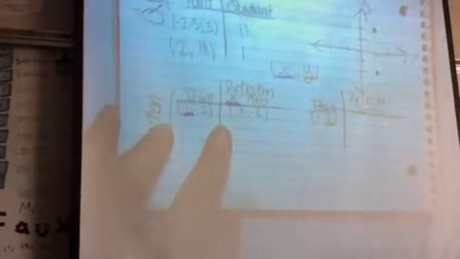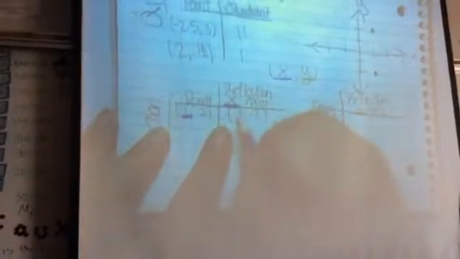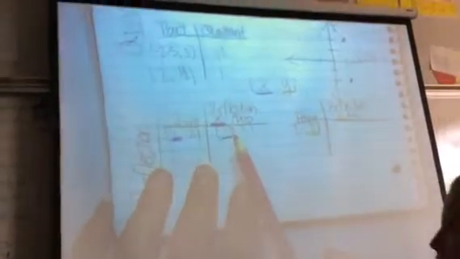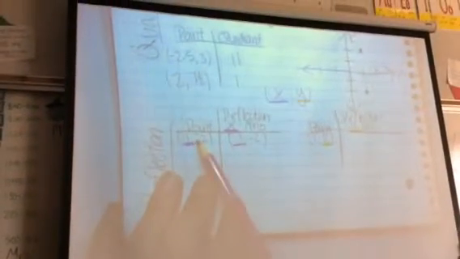Okay? So what I want everyone to do right now is look, and I'm going to underline my X again. I shouldn't hear anybody talking. I want you just to look. Don't write. You're going to get a chance to write. Just look. What do you notice about the numbers, the positives, the negatives, similars, opposites, X's, and Y's? What do you notice about these 2 ordered pairs, the original point and the reflection? Tell your partner 3 things that you notice right now. I noticed that